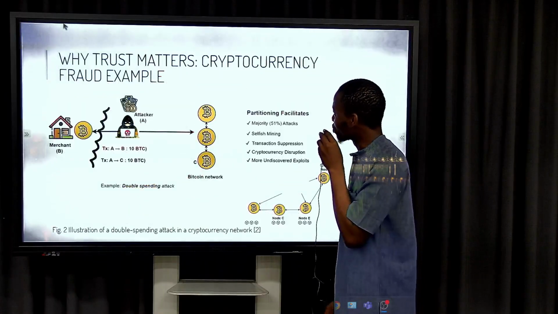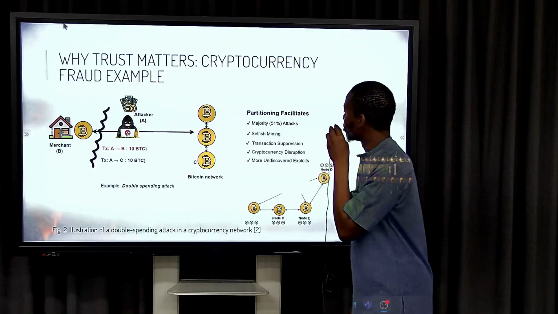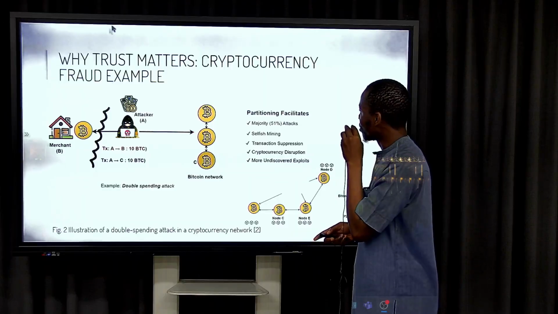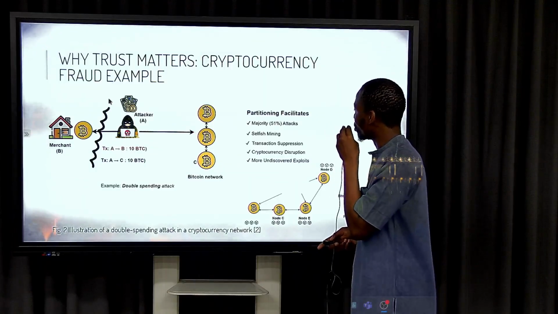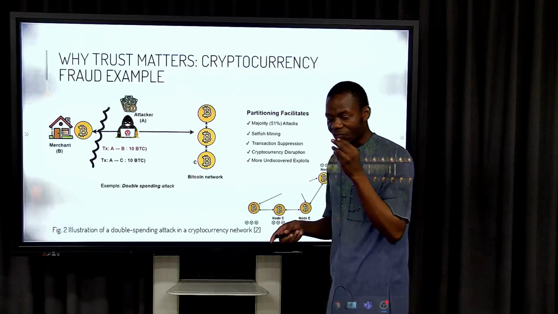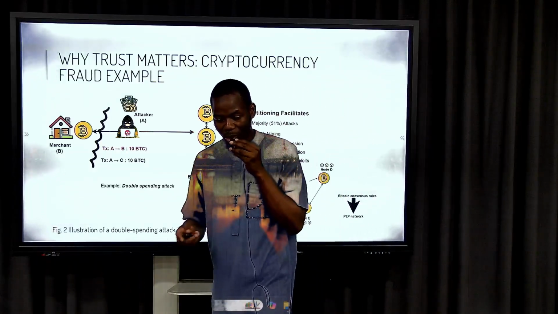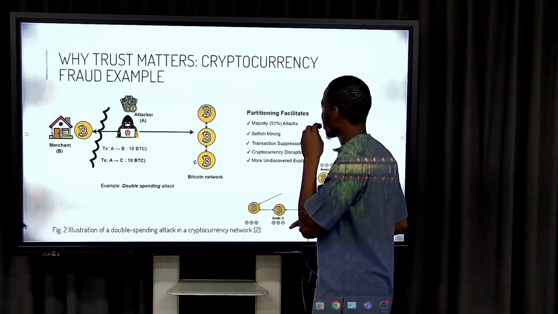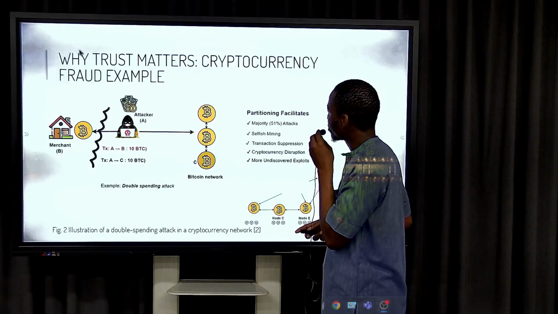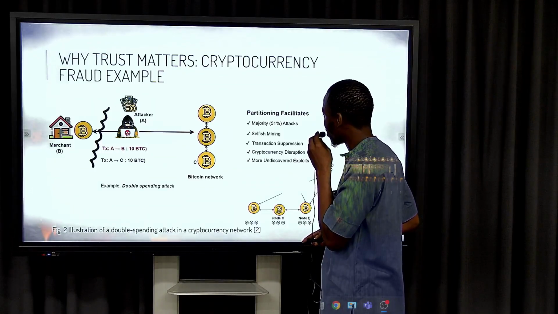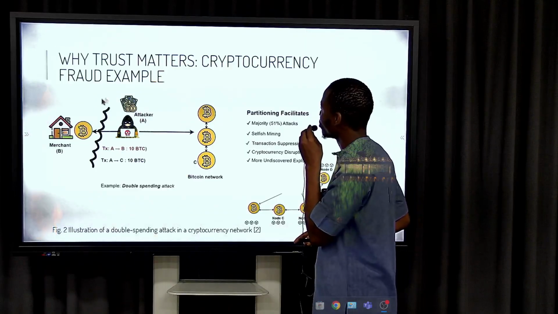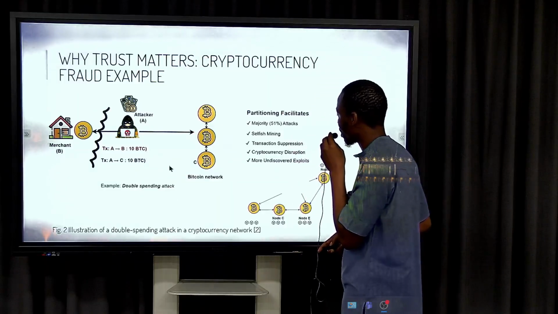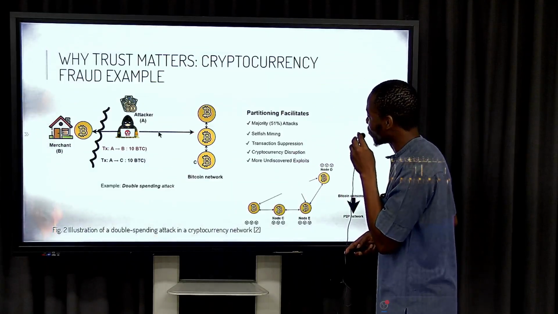Why do we need to trust? Trust matters a lot in blockchain because blockchain is just the parent body that comprises Bitcoin and cryptocurrencies. It can be used for different approaches. Maybe you want to work with health data, education data, security data, and so on. But if you look at this example, this is an attacker. This attacker is trying to send a transaction, that is, do a double spending attack. He's trying to share one transaction for many